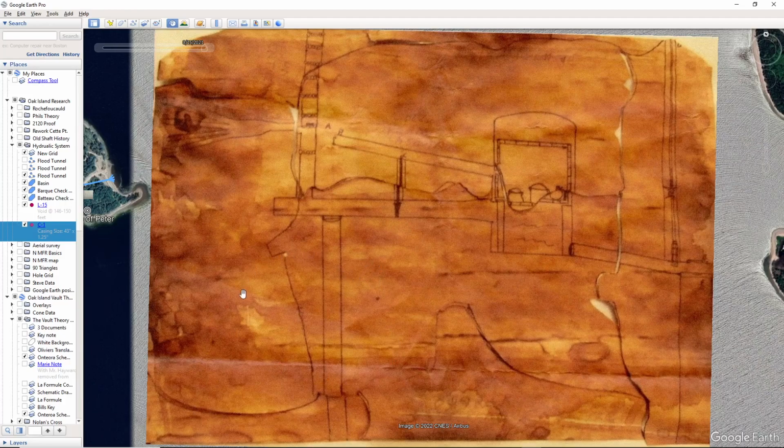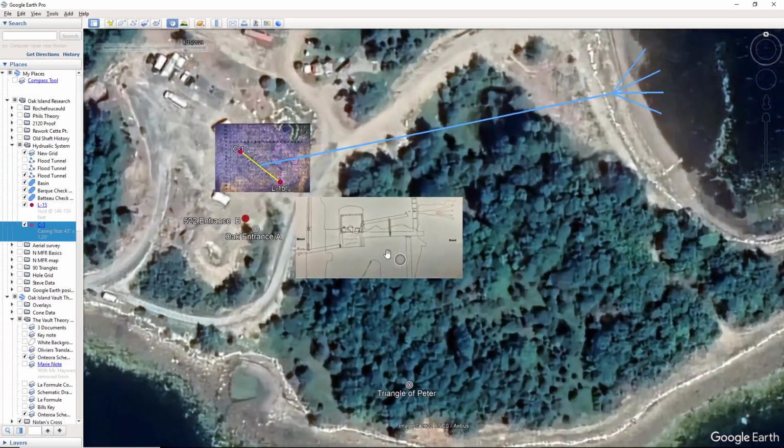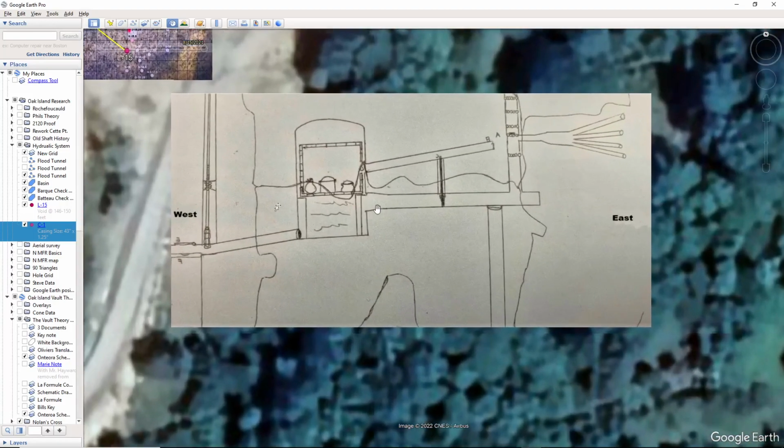So this is the note that Bill Jackson left, alluding to this schematic, this drawing, which shows the flood tunnel, or actually the hydraulic system for the vault that lifts the vault. This is basically how it appears originally. Now we've redrawn this. I think somebody redrew this,